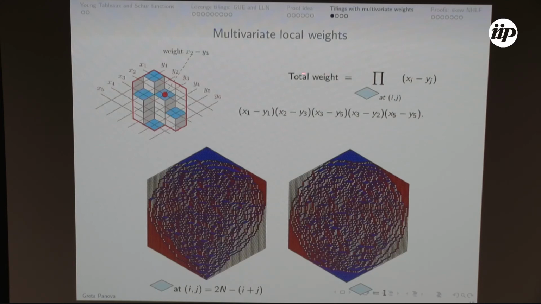Okay, so the weight, the lozenge tiling, the lozenge at position ij. So here I introduce this type of coordinates. The way to think about these coordinates is that we have this three-dimensional picture for the lozenges as stacks of boxes. We draw them as we do our usual projection to draw them on the page,